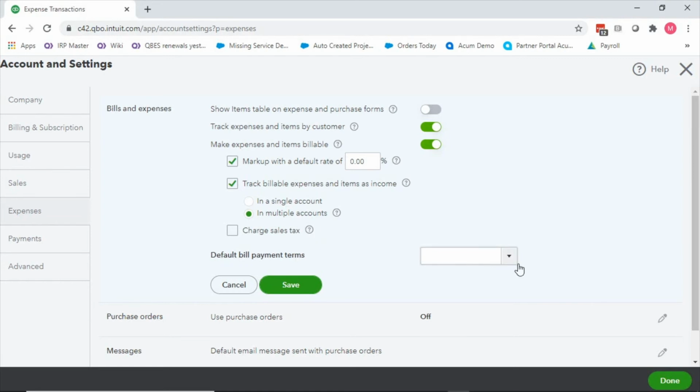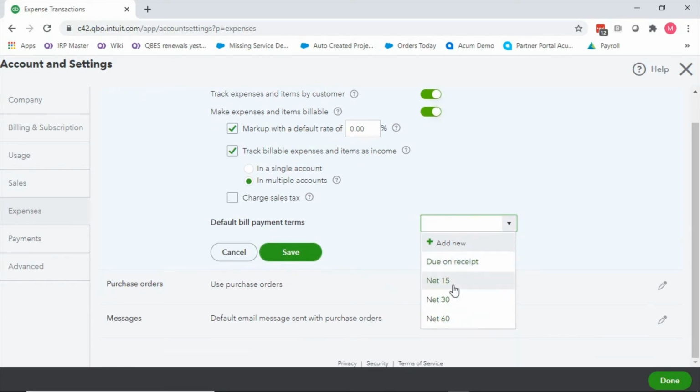Default bill payment terms. So this is just going to be the default with all of our vendors. So we're going to go ahead and mark that here. Of course, we can say default is net 30. We say net 60 because we can dream, but on each individual vendor, then we can set up what our terms are for them. All right.